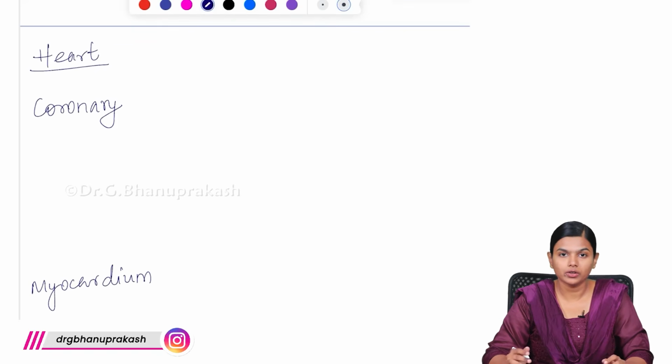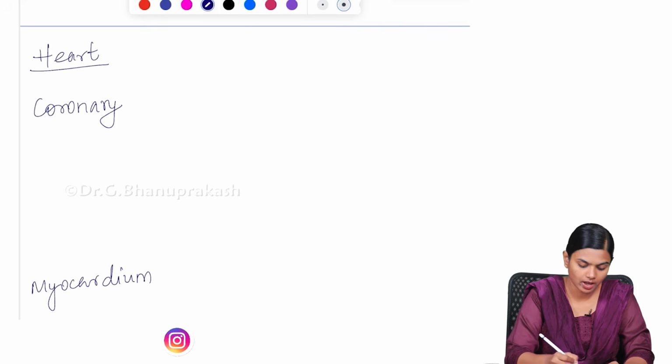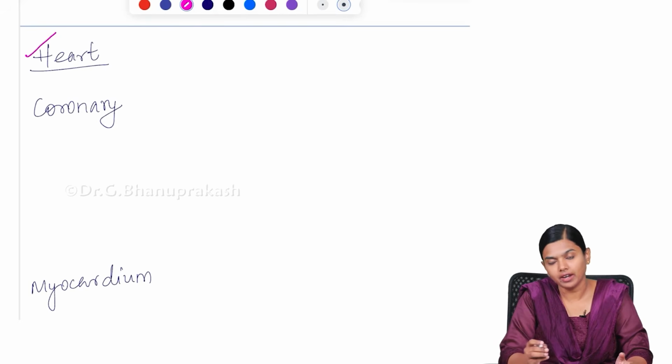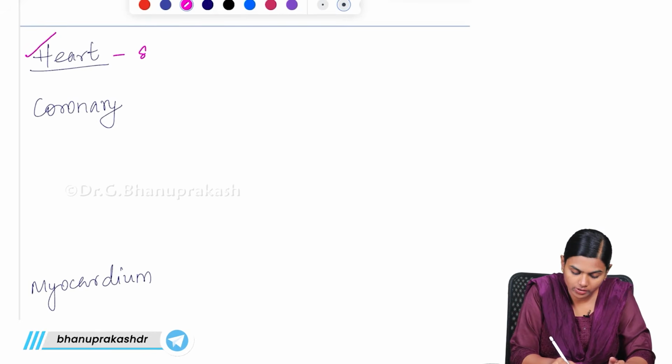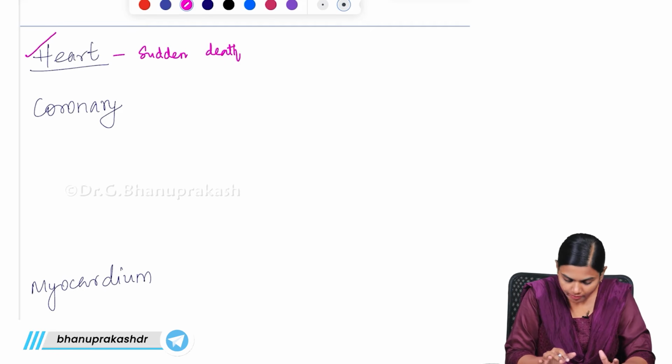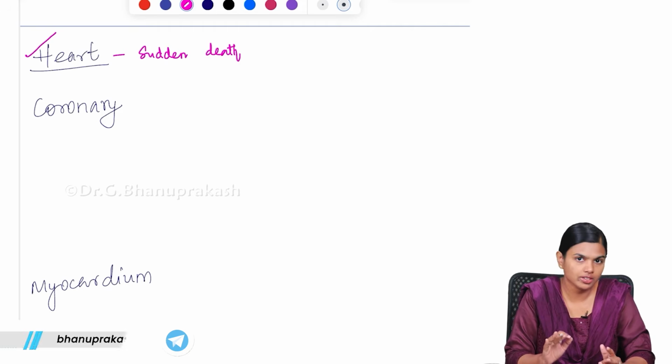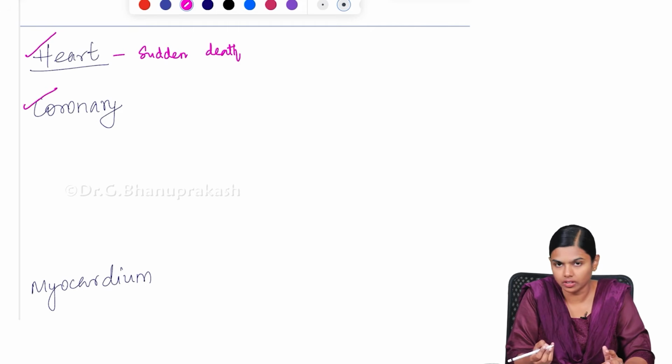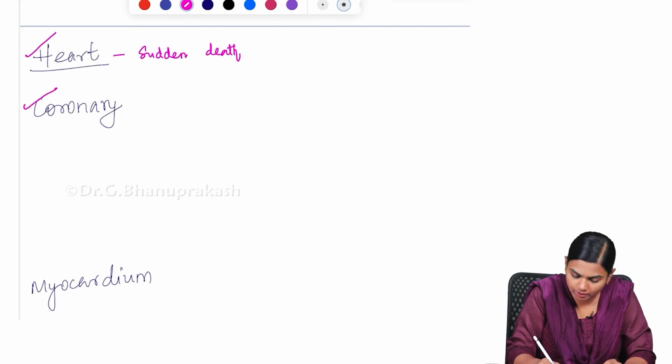Next, what we are going to see in organ dissection is the heart. So the heart is very important. Like the brain, the heart will lead to a lot of sudden deaths. In a lot of sudden deaths, we will find serious causes only. And in heart dissection, we usually start with dissection of the coronaries, after removing the heart,